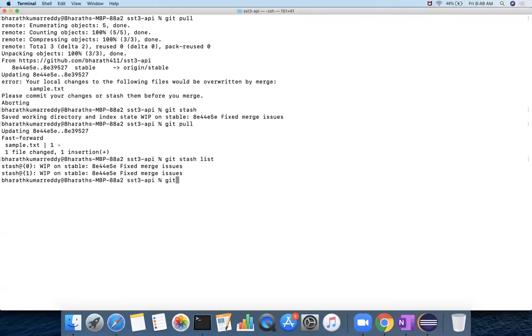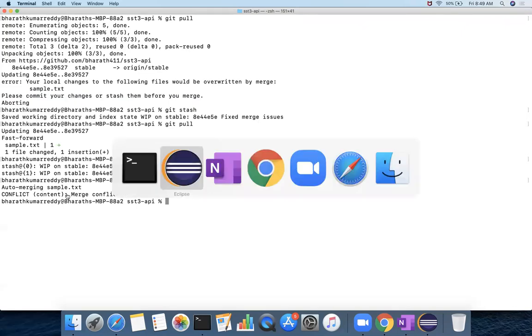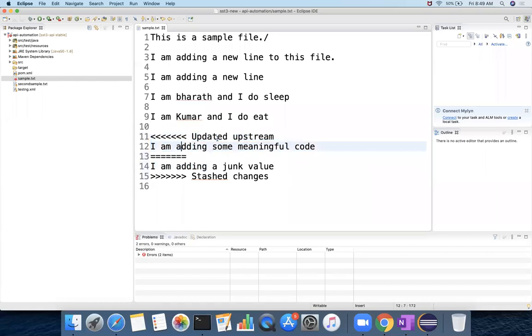Git stash apply. Now you see, when we apply, we got this issue. Which issue? I'm adding some meaningful code and I'm adding a junk value. So it says updated upstream and stashed changes. That means this is the latest code that we have, and this is the stashed changes.